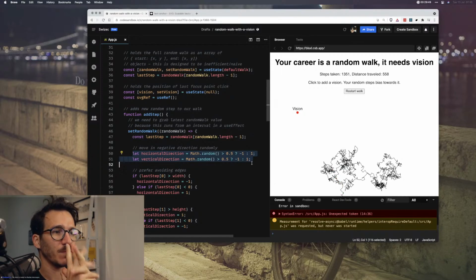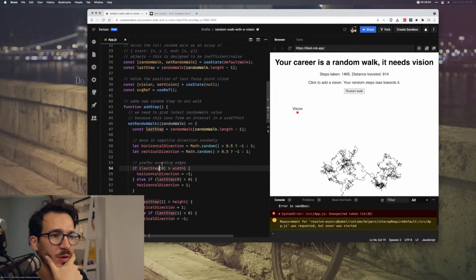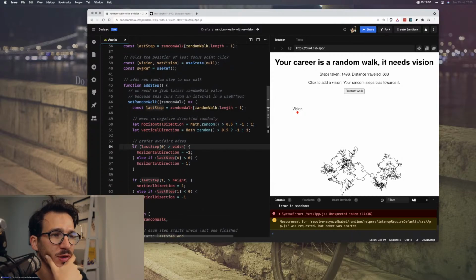Now how do you make a biased random? So we already have this that tries to make it avoid edges and loops circle back into itself, which is useful.